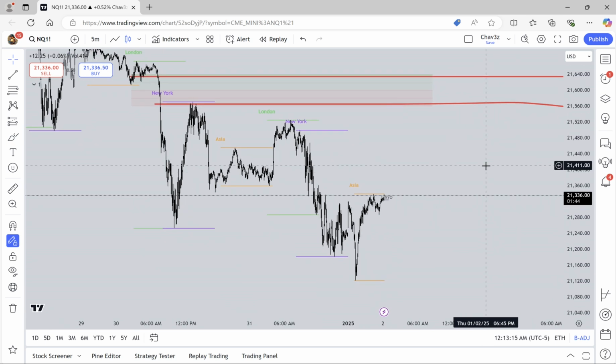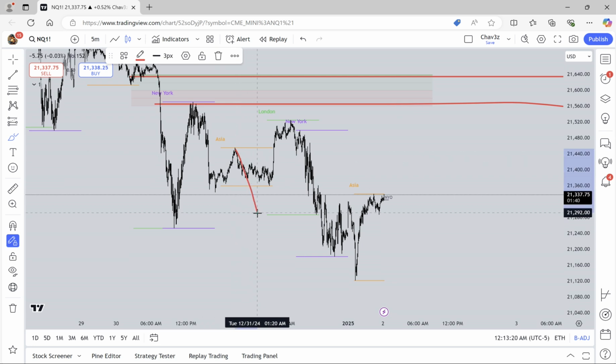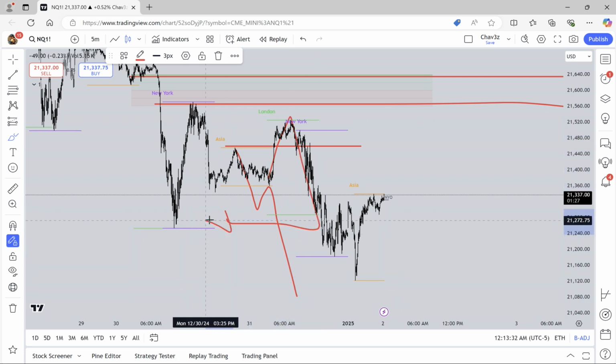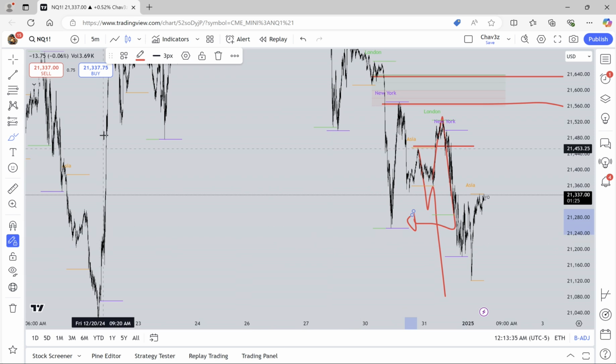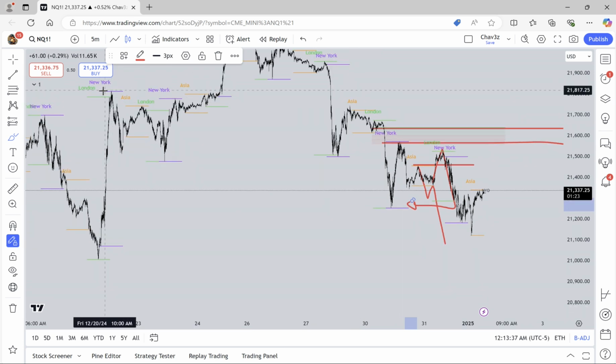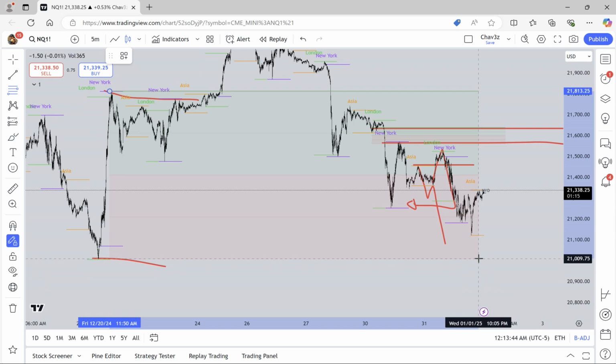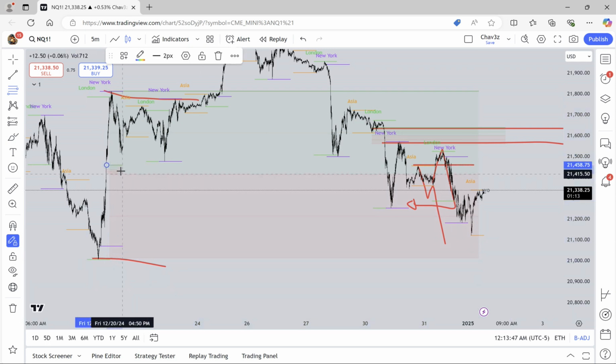We had three different narratives. One of them was we drop below Asia low and continue lower. The next one was we turtle soup Asia high. We come up and trade above Asia high and then we drop to previous day low. And then we look at our next targets. Remember, we have this big range here from the 20th that we talked about, and the equilibrium was one of our TPs.